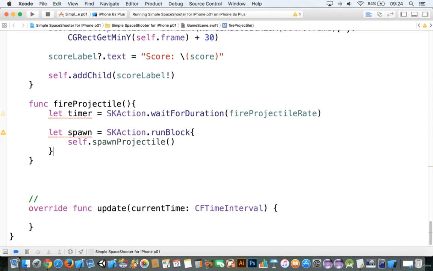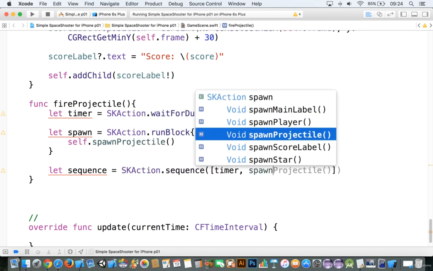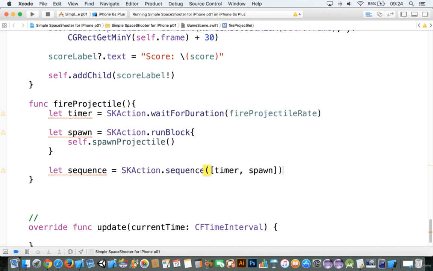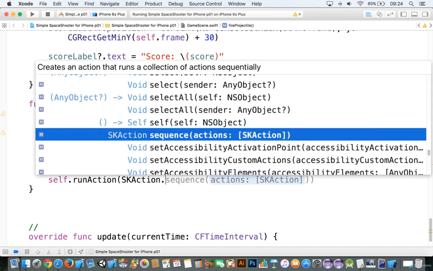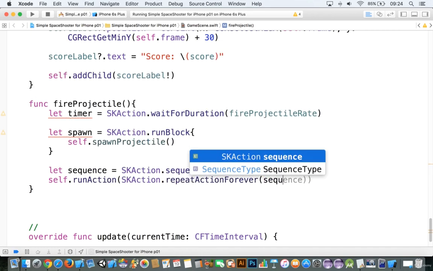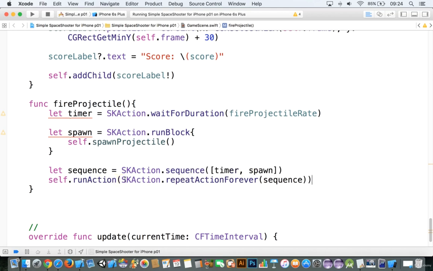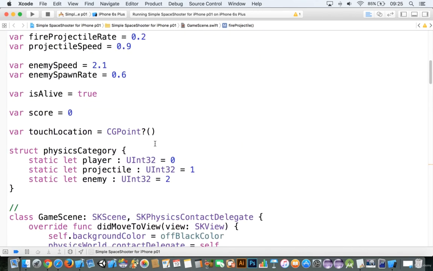Kind of neat. We need to put these into a sequence, so let sequence is equal to SKAction.sequence. And we're going to say that here is going to be the timer and the spawn, both SKActions, and then we're going to go to self.runAction. We're going to go to SKAction.repeatForever, and we're going to repeat the sequence forever. Okay, very cool. Now, let's go up to the top here and call